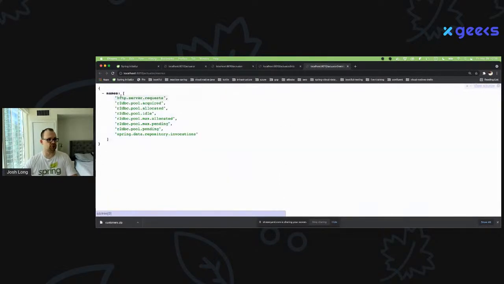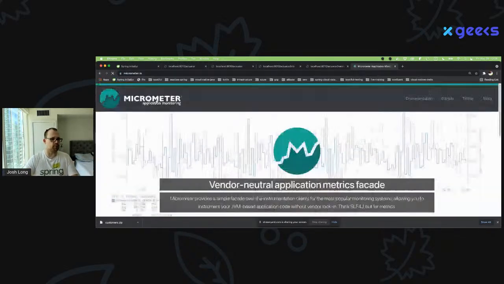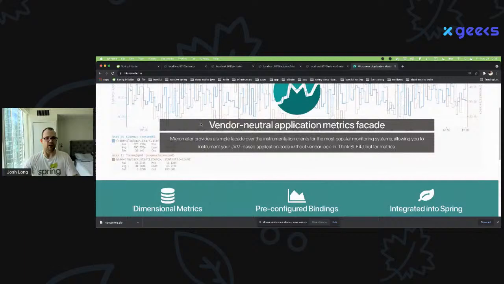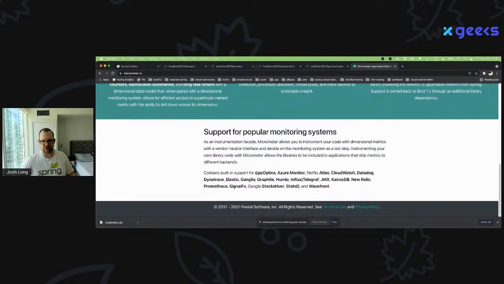Metrics is very useful, gives you keys and values. You can use this with Micrometer, which is a project that we created that helps you do vendor-neutral application metrics. It's a great abstraction, kind of like JDBC or R2DBC, but for databases that do time series information. So Graphite, StatsD, Prometheus, very common in Kubernetes, Wavefront, CloudWatch, Datadog, Dynatrace, all these different ones, Google Cloud Stackdriver, Azure Monitor, all that stuff is supported through this abstraction.